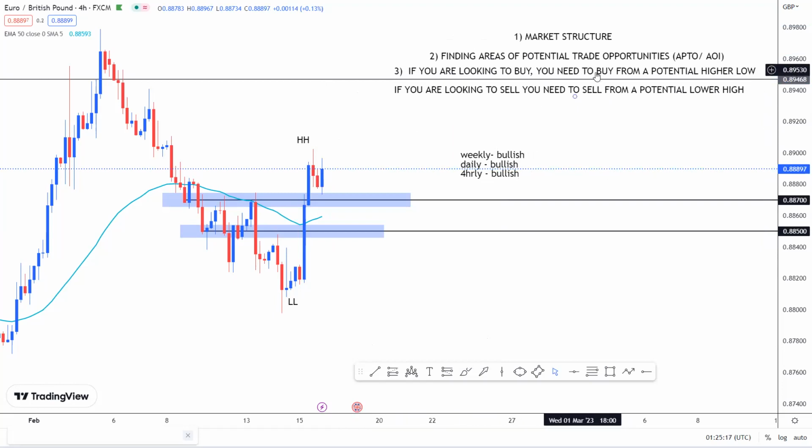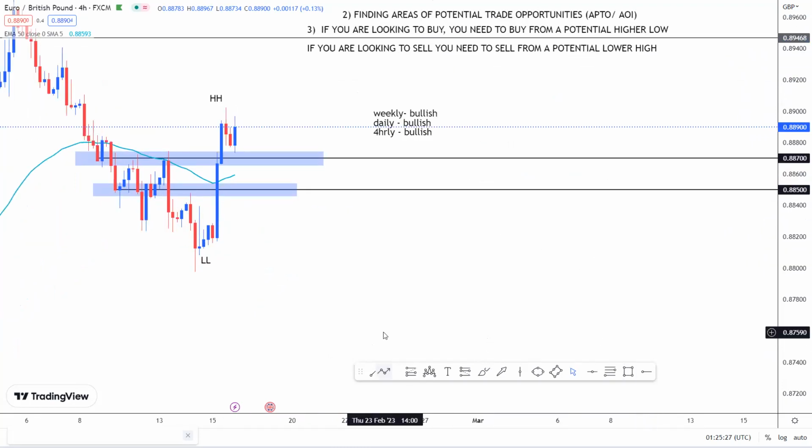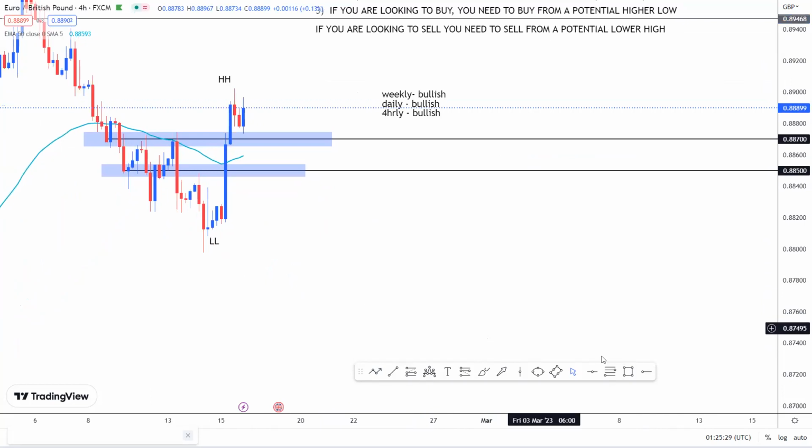If you're looking to buy, you need to buy from a potential higher low. And if you're looking to sell, you need to sell from a potential lower high. What do I mean by this? So guys, assuming we have a very clear uptrend that we've identified,